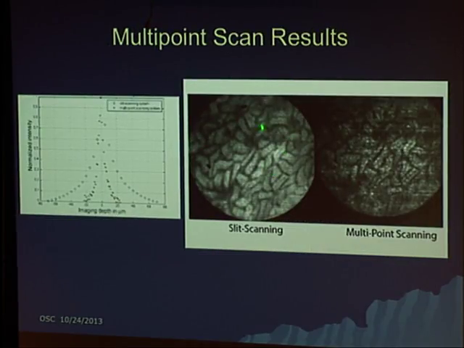In fact, here you can see what is with the slit scanning, and with the multi-point scanning. The axial resolution improvement is exactly what you would predict, from about 25 microns full width half max down to about 4 or 5, or maybe even a little bit better than that. And you can also see it has these very long tails to the point spread functions, which is not such a good thing. So this is really a better image.